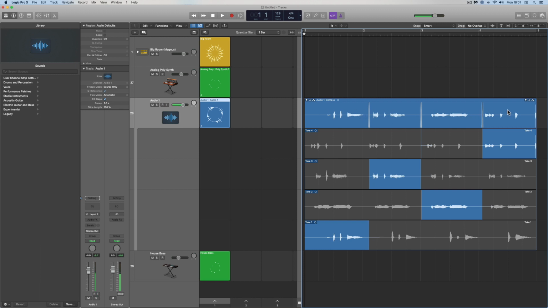And now this comp region across the top is going to play this, then this, then this, then this. You can see it, but there's little crossfades between them there. Okay, so we want to work on building our comp while we listen to the backing music playing from the scene. So to do that,